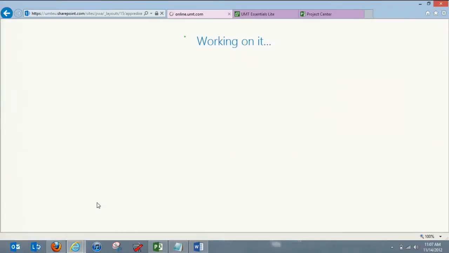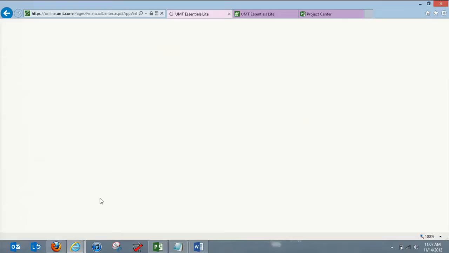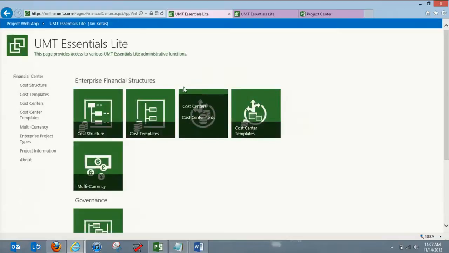Let's see how the internet's working. I'm going to go to administration pages where basically you get to configure your enterprise financial structures, your cost structure, your cost centers for organizational budgeting and multi-currency, and link them to EPTs, enterprise project types, that have been defined in the system. So I'm not going to show you all of this, but very quickly, if I drill down